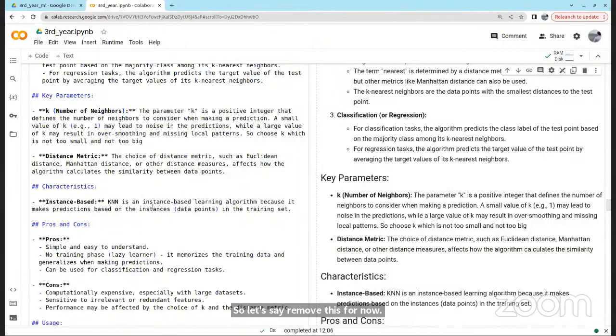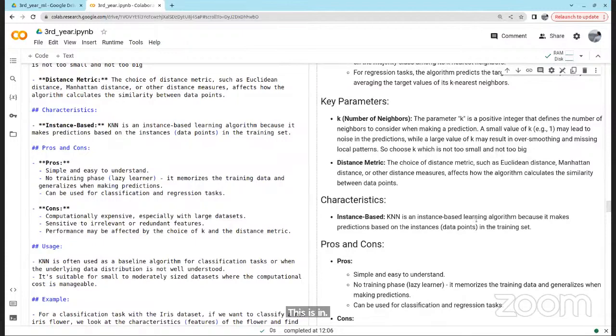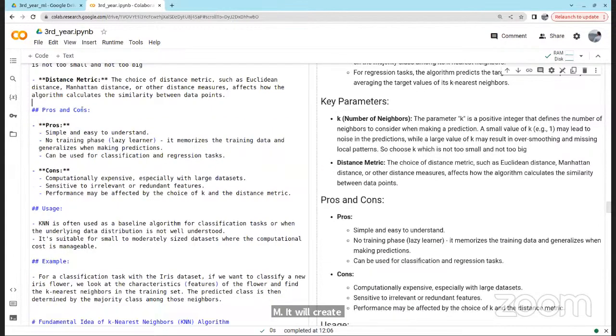It is also instance-based. KNN is an instance-based learning algorithm because it makes predictions based on instances, data points in the training set. If you see SVM, it will draw a line, but here there is no line drawing and everything. So those two are a little advanced. For now, let's remove those.